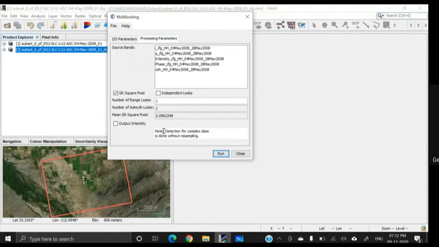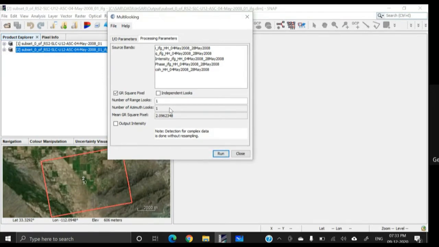Now, as you can see, if we want to convert this image into ground range square pixel, it is taking 1 pixel in the range direction and also 1 pixel in the azimuth direction. That means the image is already in the ground range plane. We do not require ground range conversion by applying the multi-looking.